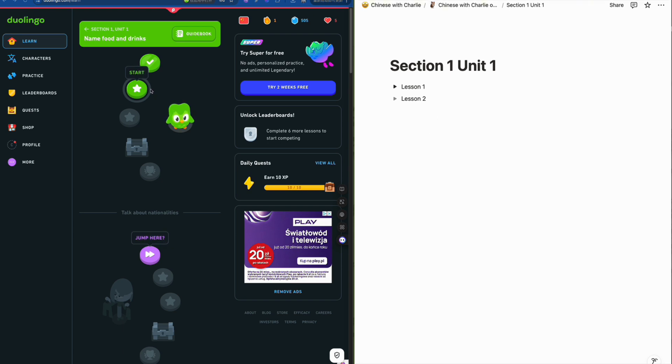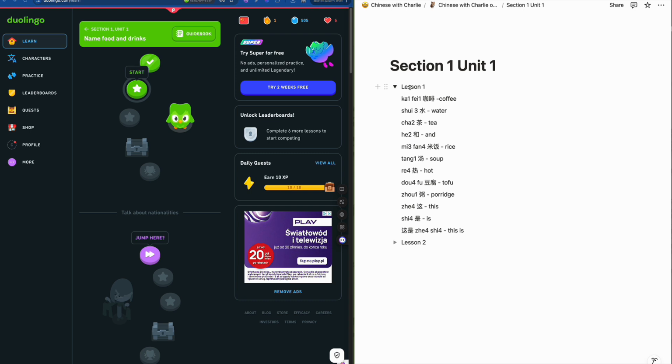Before we jump into the second lesson, let's review what we had from the first lesson. In the first lesson, we learned some names about food and drink. So you can repeat after me. 咖啡